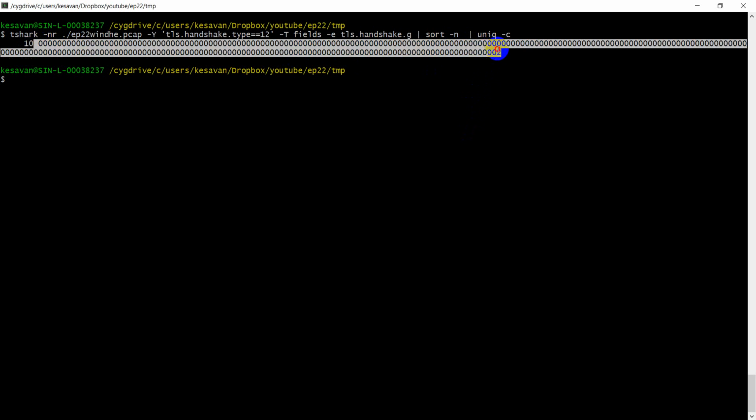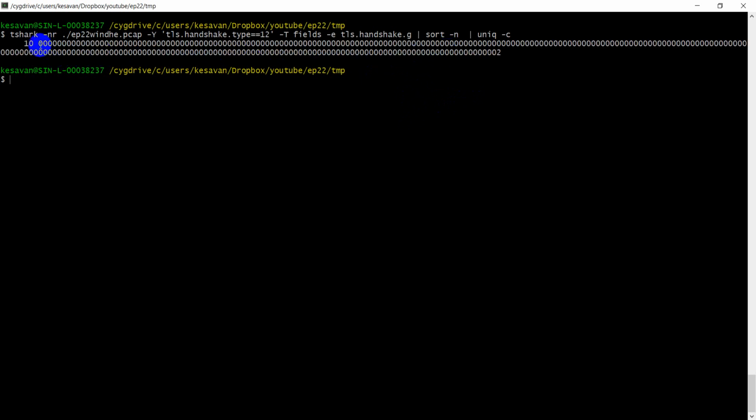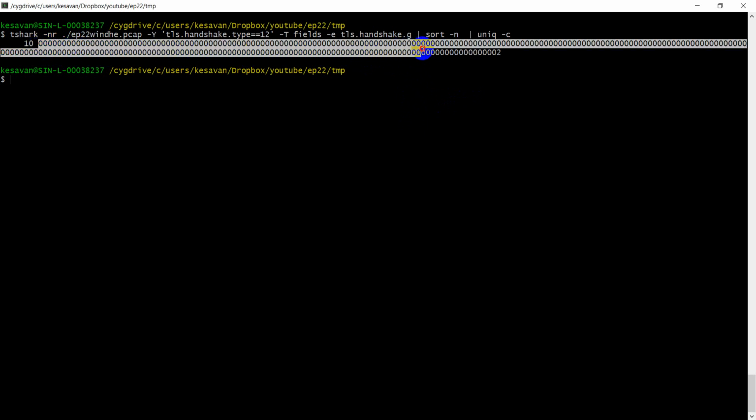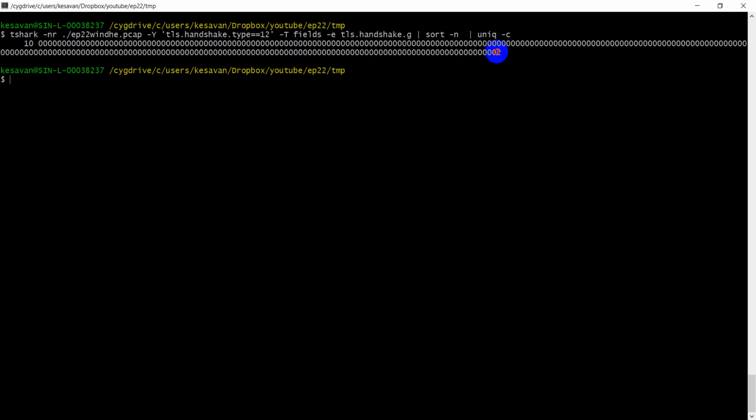Windows has this stupid behavior: instead of saving some bytes, it will take the G value as a 2048-bit number and prefix it with all zeros. That's why you see all the hexadecimal zeros here. It's equivalent to writing 2 only, but I don't know whether it's a feature or a bug. It always uses the G value as a 2048-bit number and prefixes it with a lot of zeros. So the actual value is 2 only here. It is getting reused 10 times.